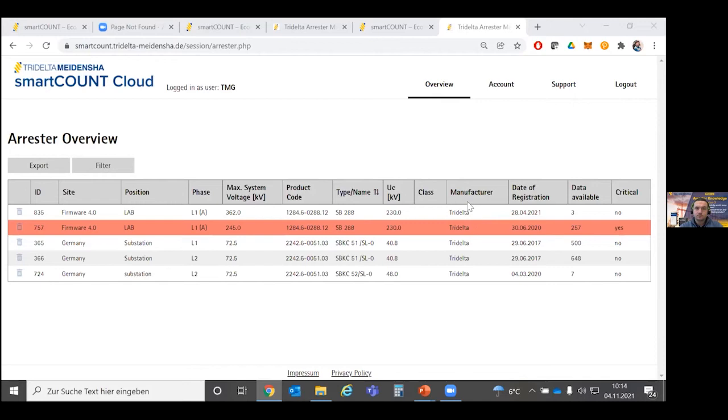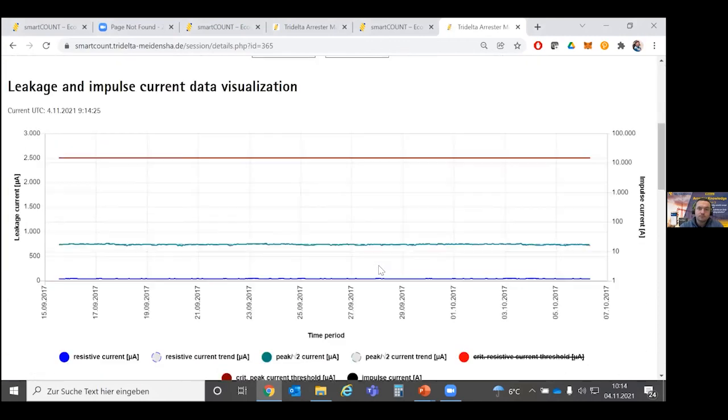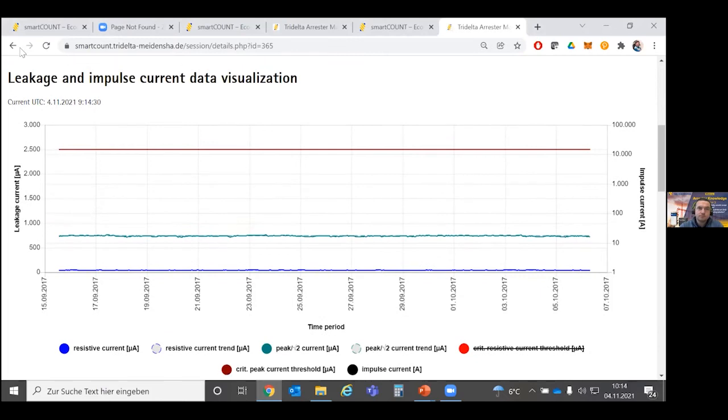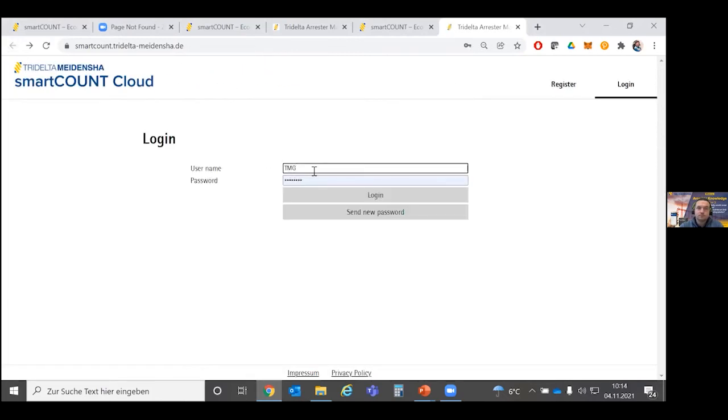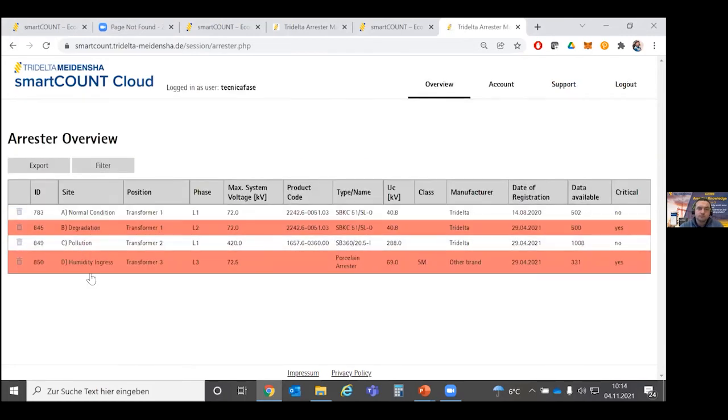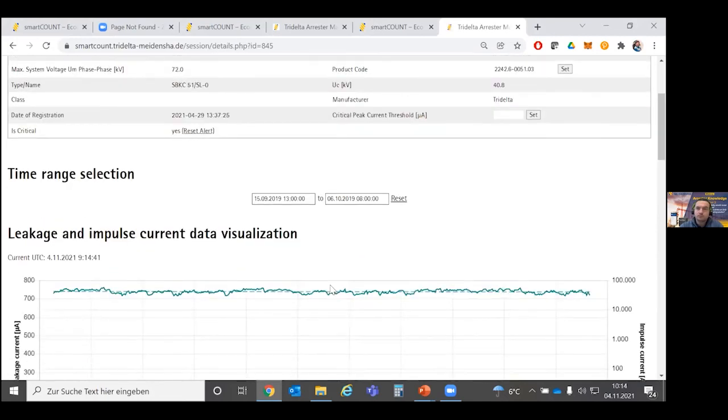One more question was about the limit values, the current thresholds we are giving in the smartCOUNT cloud. So what we have to say, one limitation, is that we are only giving the resistive current threshold for Tridelta arresters, because we know how our arresters have to work under healthy condition. So we are also able to give those values. Of course, we don't know for other brands, but